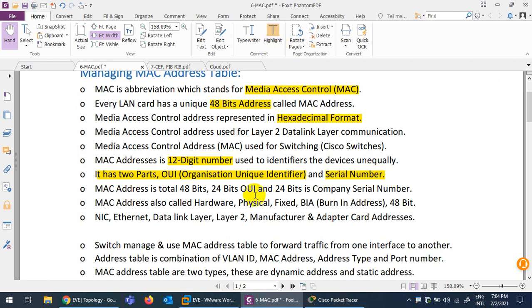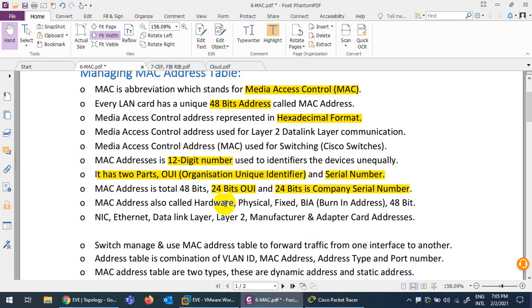Every company changes their last 6 digits, which is 24 bits, called the company serial number, which they make unique. The first 24 bits, or 6 digits, is the organization unique identifier, which uniquely identifies one organization, like Intel or any other organization.